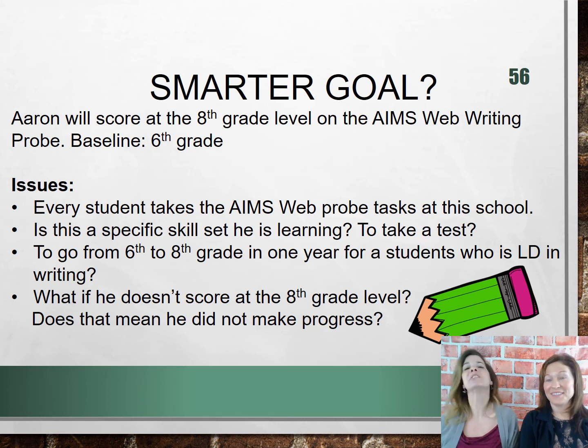So how is he going to attain that score? What are the specific skill sets? What's the individualized learning that's going to take place for him to achieve that? That's what should be written as the goal. The special education teacher or the SLP is going to teach him to score an 8th grade level on a test. That sounds like we're teaching to the test. So we have to go back and address the underlying deficits, the underlying skill sets that's going to help him make this achievement attainable. Does that make sense?